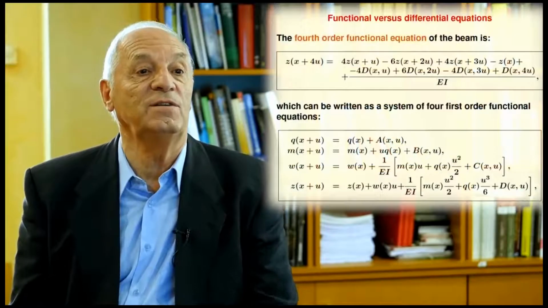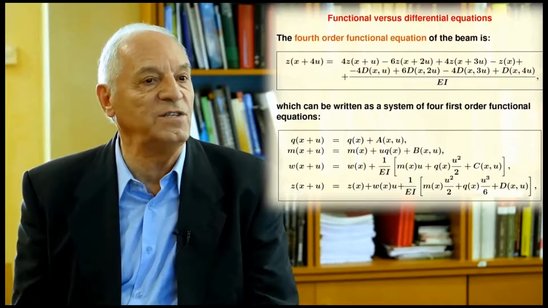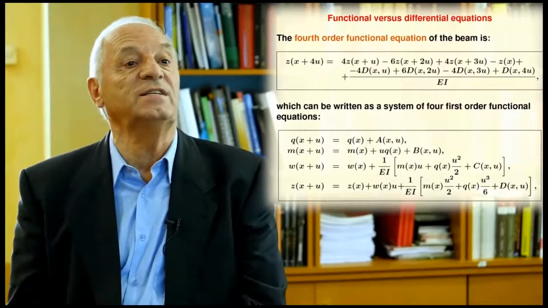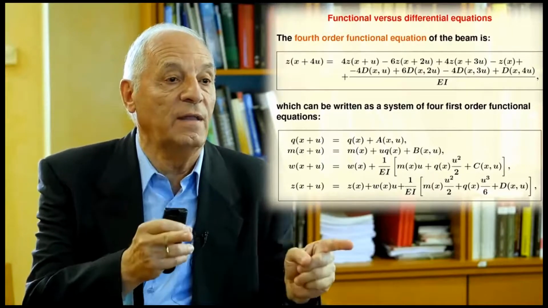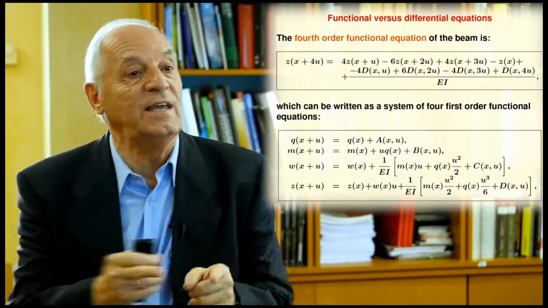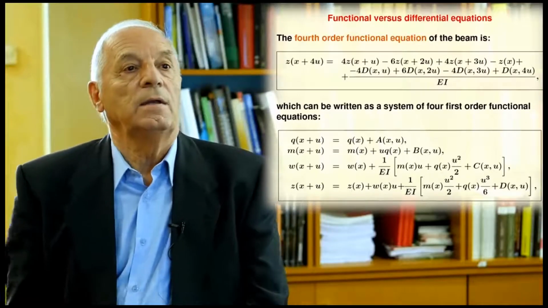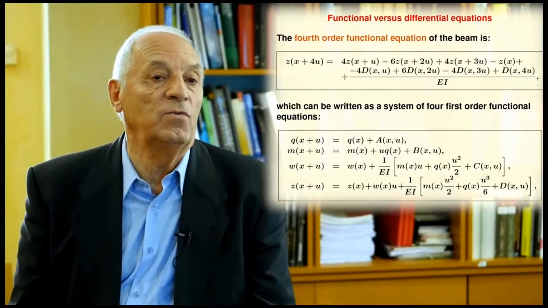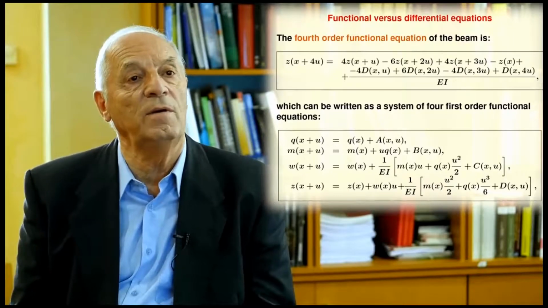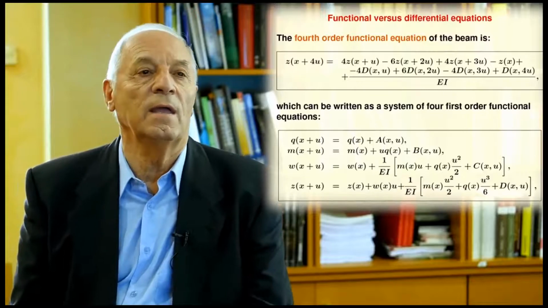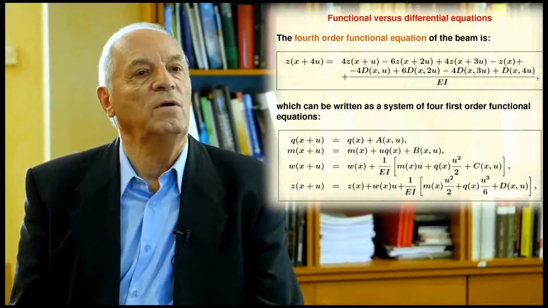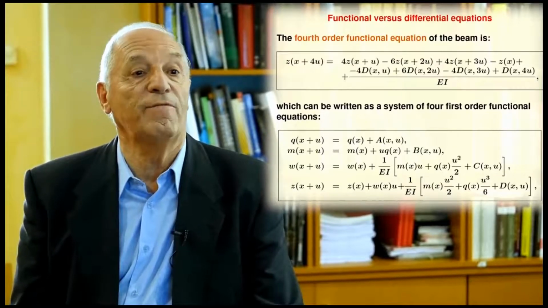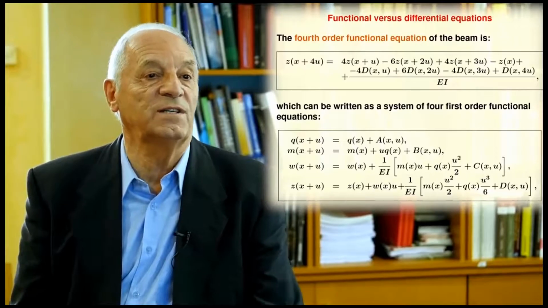Then, what I get is a functional equation that I call a fourth order functional equation, which is equivalent in some sense to the previous one, because this has to hold not for a finite piece, but for any piece of any size in any place. So you can see that we can state the problem in two different forms, that I get a fourth-order differential equation and a fourth-order functional equation, and I also can obtain first-order functional equations, as you can see in this